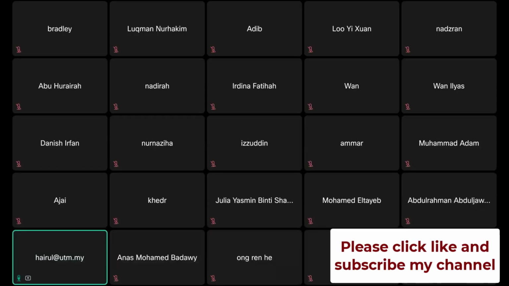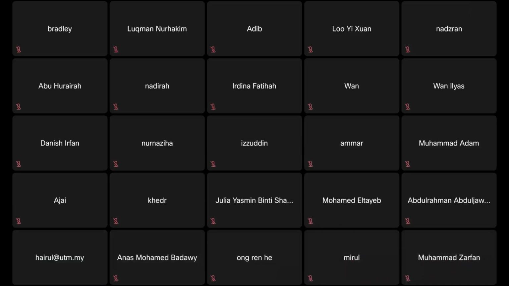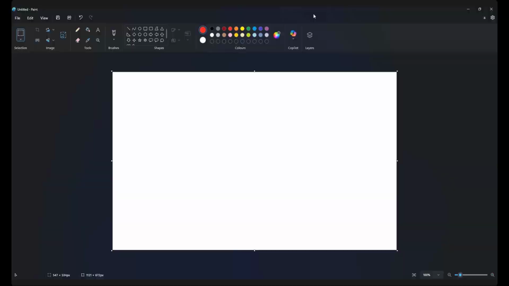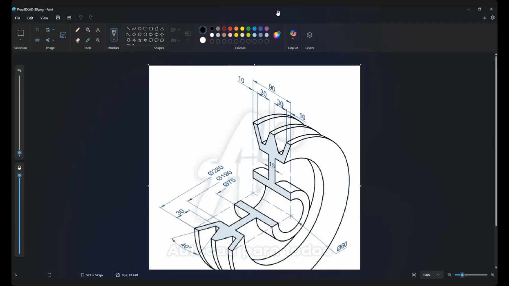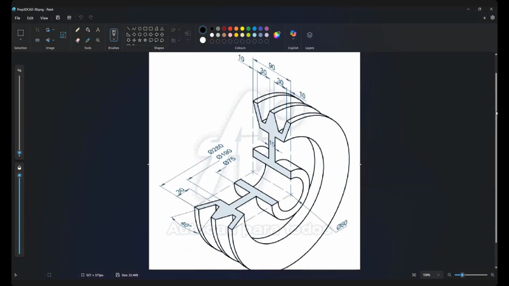Let me stop sharing this one. Let me share this one instead. Right, you can see the image in Paint, right? Yes, I can. I already cut, copied and pasted this into Microsoft Paint. So this is a bit of sectioning. If you have this kind of component, this is a groove. Actually, this is a pulley. We have two grooves. Groove means we have